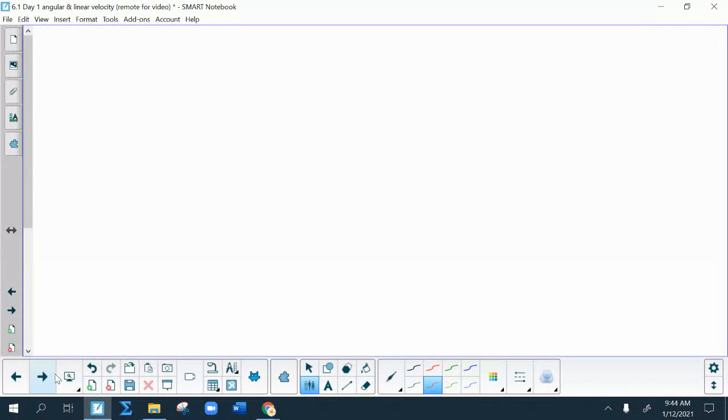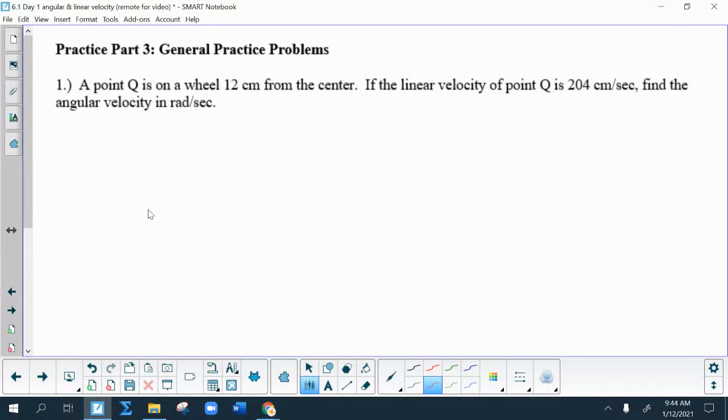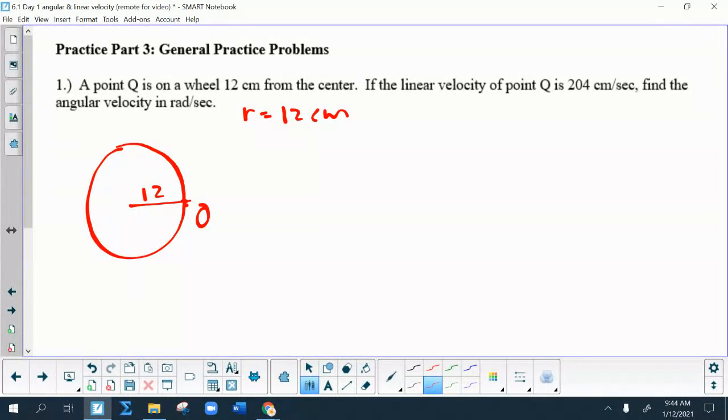Next. So now we've got a couple of maybe a little bit more like word type problems here. This says there's a point on a wheel that is 12 centimeters from the center. So we have a radius that is 12 centimeters. And it says if the linear velocity of that point Q is 204 centimeters per second,